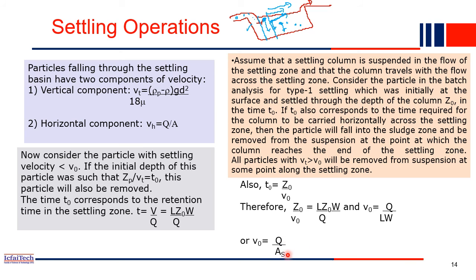Okay, so A_S is the area, and Q is basically the total flow you are drawing, how much flow is coming out from this sedimentation tank. And A_S is the area of the sedimentation tank. So here we have seen that the depth actually does not matter. What matters is the area. Area means the width and the breadth of this tank.